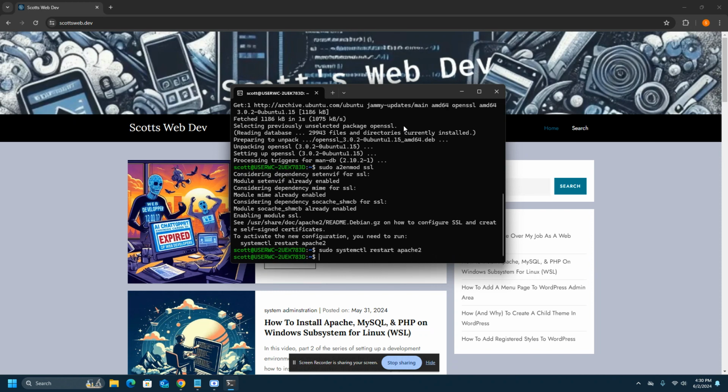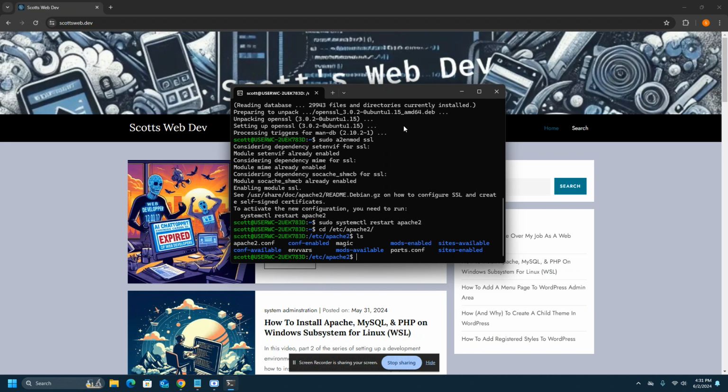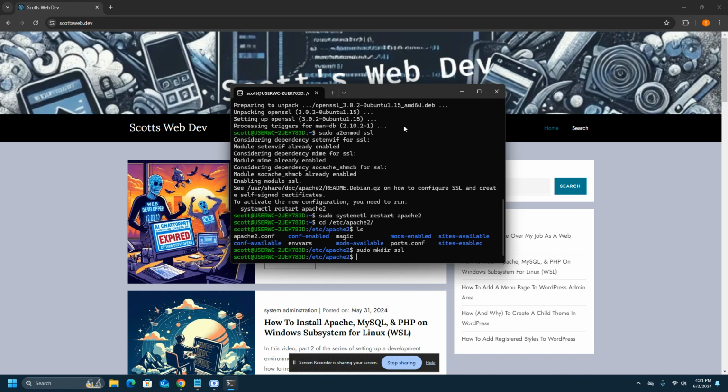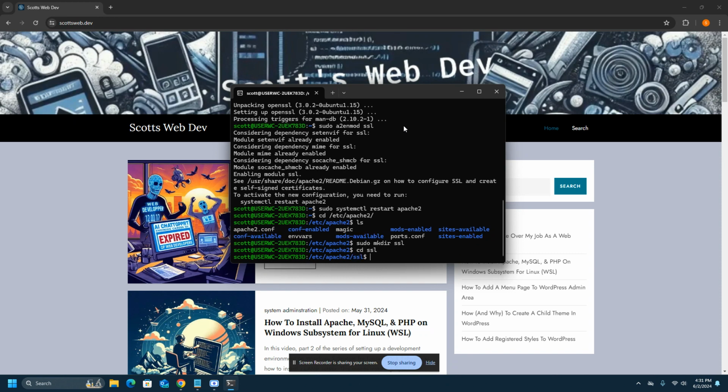Great. And now we're going to be using OpenSSL to generate self-signed certificates and key files. So we need a folder to house those files. So we're going to go ahead and make a folder. We're going to first go to our /etc/apache2 folder here. We go to ls. So here we're going to want to create a folder called ssl. So we'll do sudo mkdir ssl, and then we're going to want to go into that directory, cd ssl, and now there's a long command from